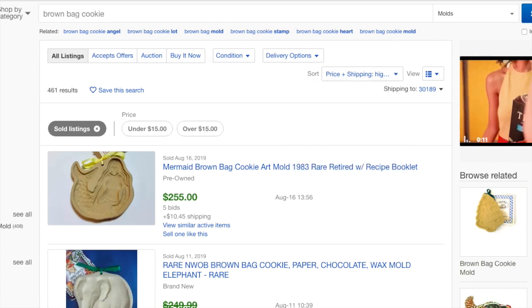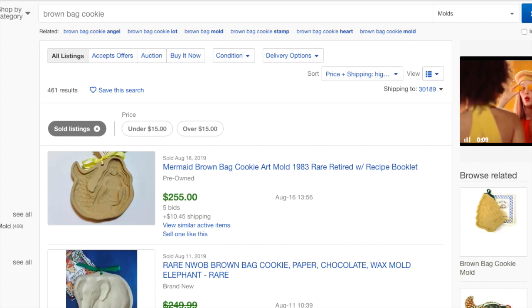And there are 461 results for sold items. So again, these smaller numbers indicate a more niche item, and it doesn't mean you won't find it. It just means eBay is not covered up with those items. And again, this is exactly why I don't focus on things that everybody else is selling, because